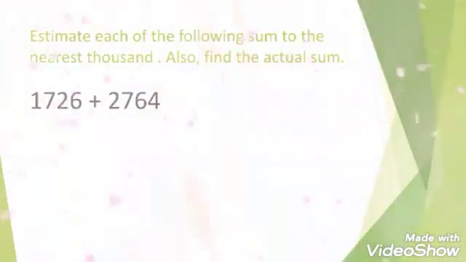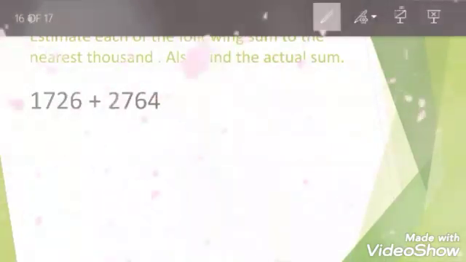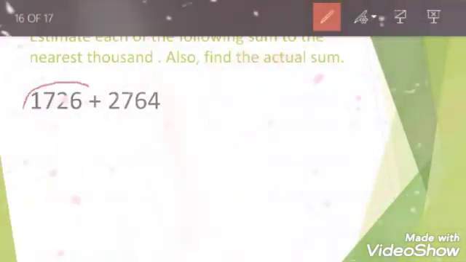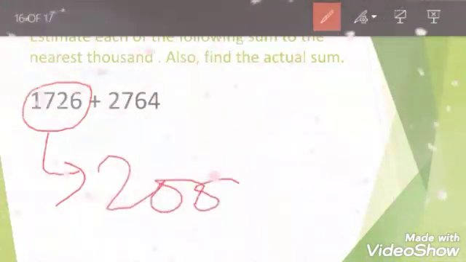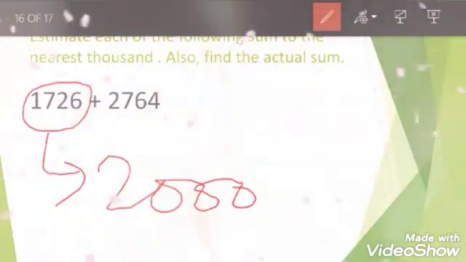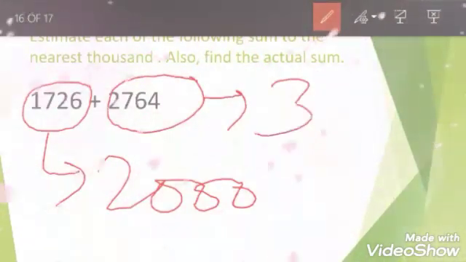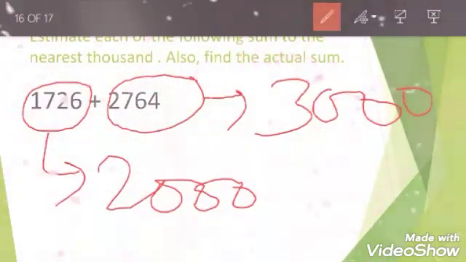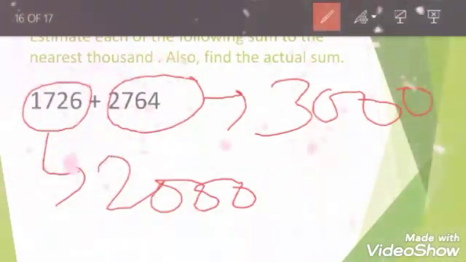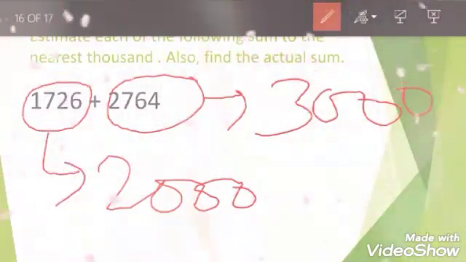Now let's take another example. Estimate each of the following sums to the nearest 1000. Also find the actual sum. So the nearest 1000 for 1726 is 2000 and for 2764 it is 3000. So the estimated values of 1726 and 2764 are 2000 and 3000 respectively.